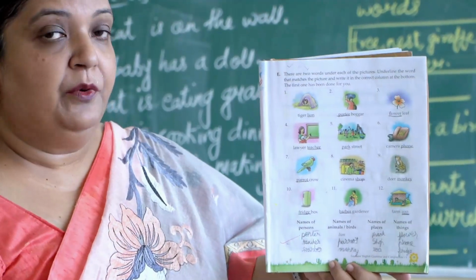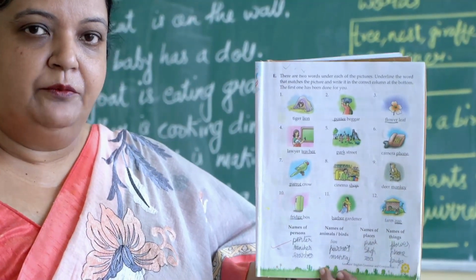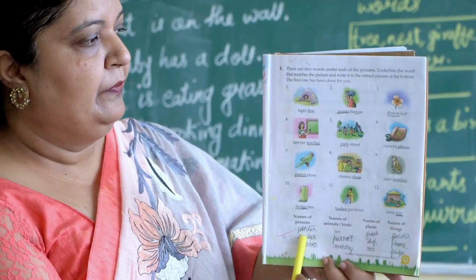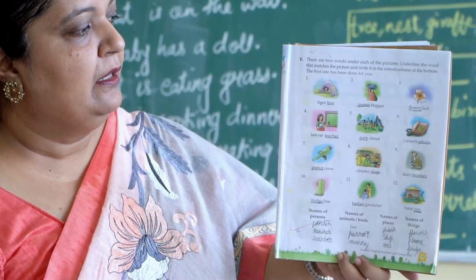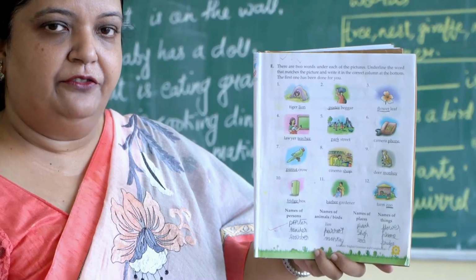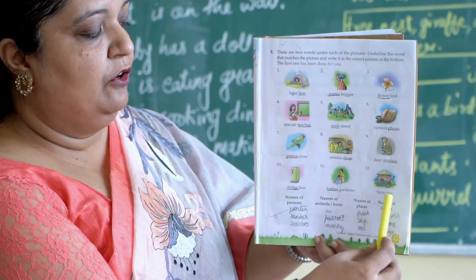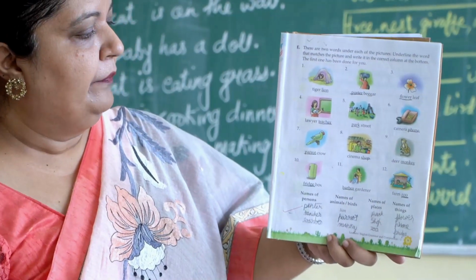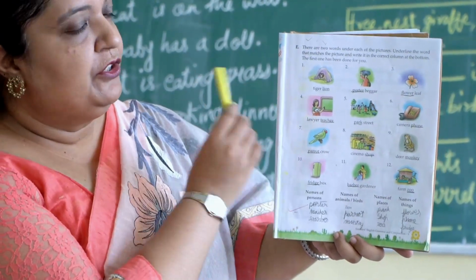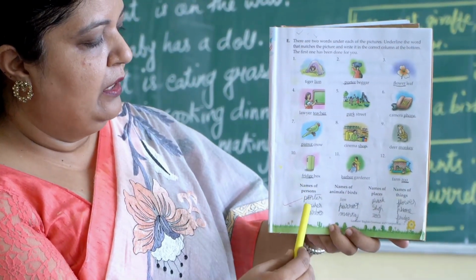Then the second picture is of potter and beggar. The picture is of a potter. So you will underline potter, and where will you write? You will write under names of person. In the same way, picture 3 is the picture of a flower, and two naming words are given over there, flower and leaf. You will underline flower, and where will you write? You will write under names of things, because it's a thing. Then the fourth one, lawyer and teacher. So the picture is of a teacher. You will underline teacher, and you will write under names of person.